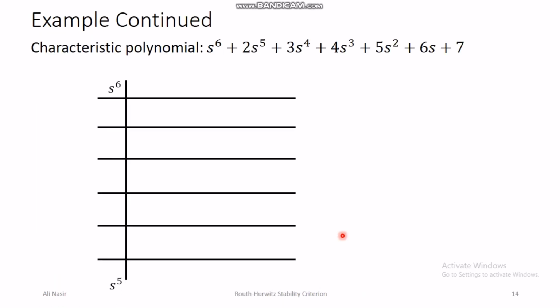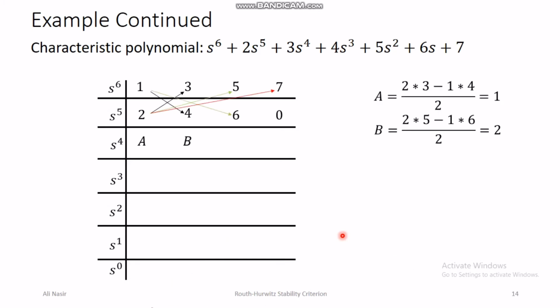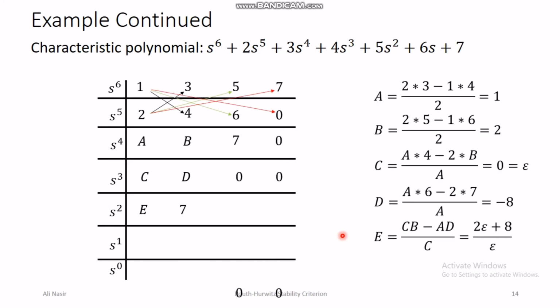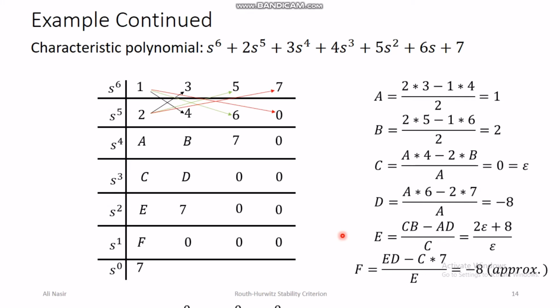We constructed the Routh-Hurwitz table, and in this particular case, it turned out that 4 of the poles were on the left half plane and 1 pole was in the right half plane. And notice that here we took epsilon to be a positive number. If you take epsilon to be a negative number, then what happens is that